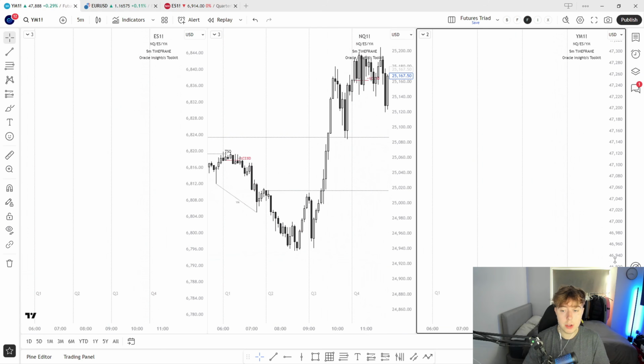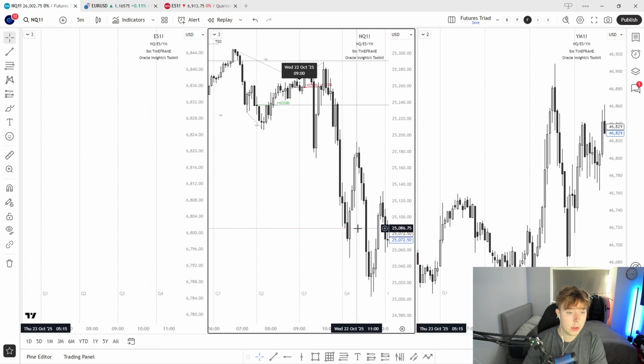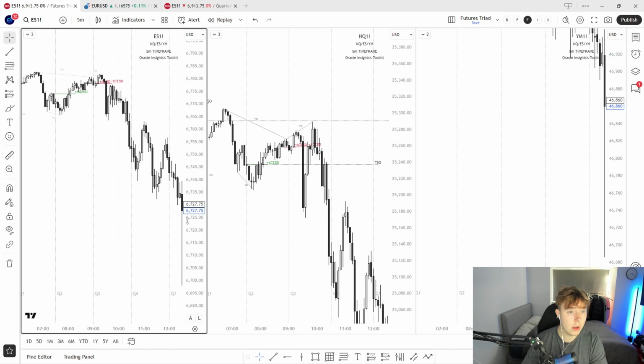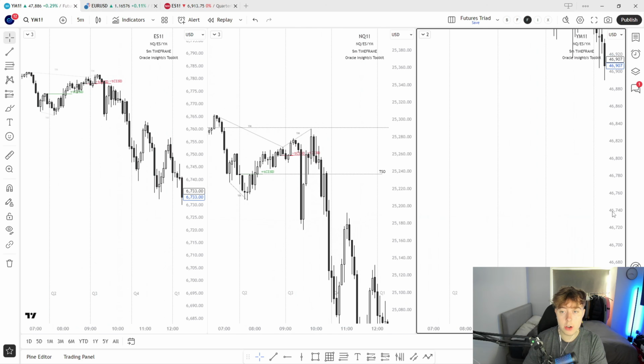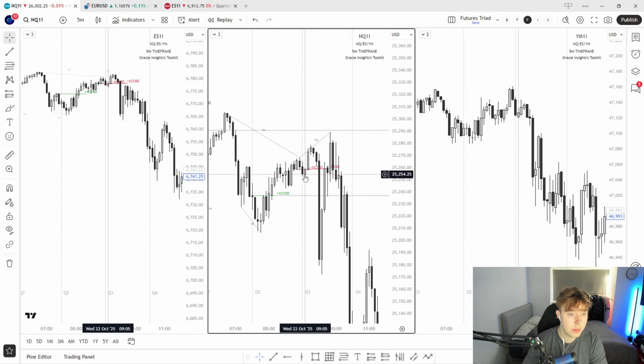No entry here, no Q2, Q3 SMT. So nothing there on Thursday. Let's go to Wednesday. There we go. Looks like we got something here. Would this have been a win or a loss? So let's take a look. So we had